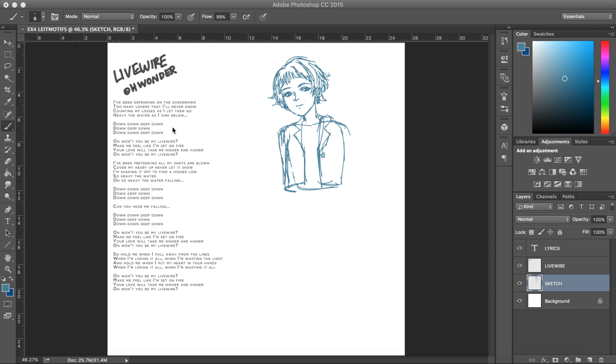For her pose, I'm gonna try and make it look like she's leaning on a railing or just leaning on something. So that's what I'm aiming for. And again, I'm just gonna try and flesh out her jacket a little. I am not sure what kind of shirt she's wearing yet, but I'll just draw the general shape of her